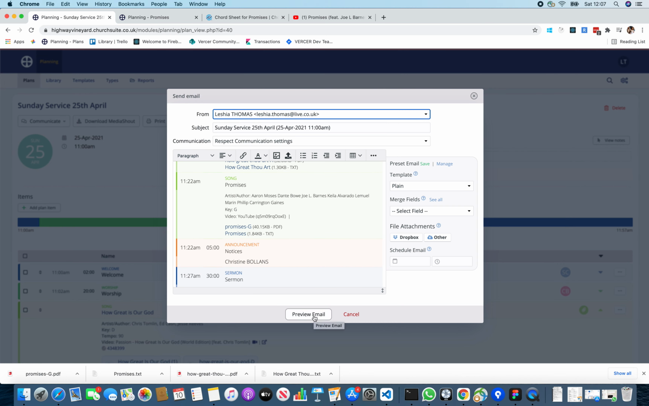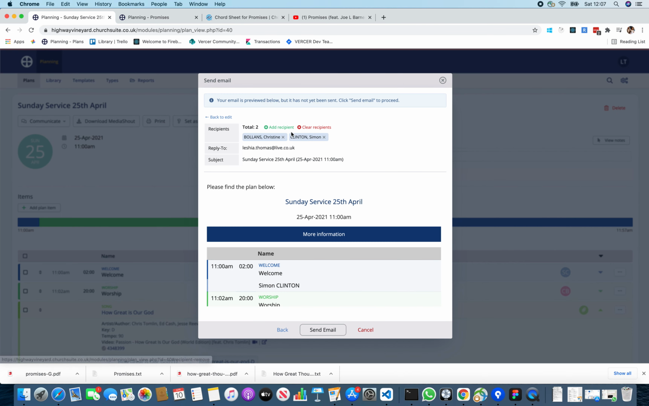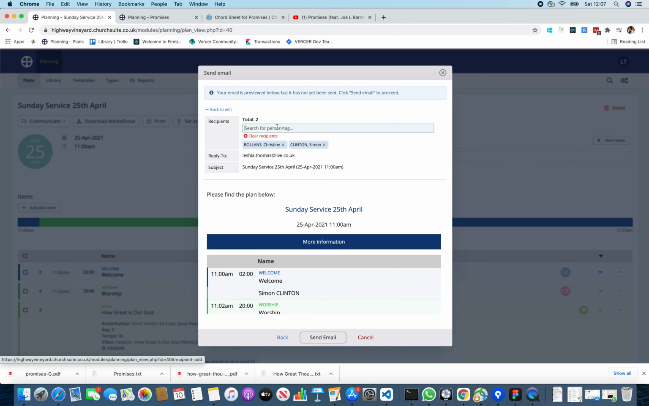Then it's going to ask you to preview the email, and now you have to add in everyone in your team that's going to be on worship, and they all should be within Church Suite because they're entered here. This gives you access to the address book. So I would add